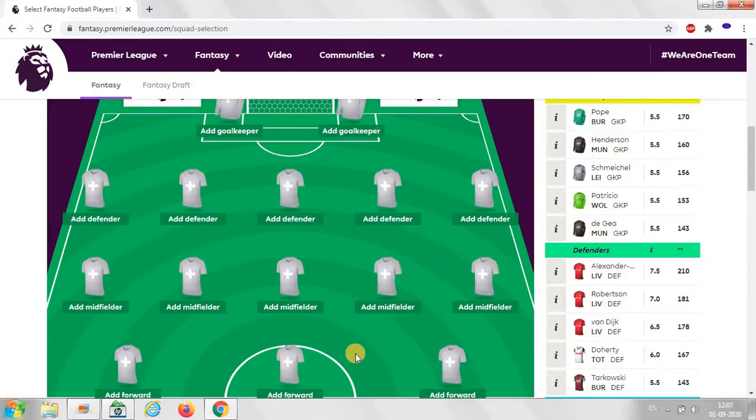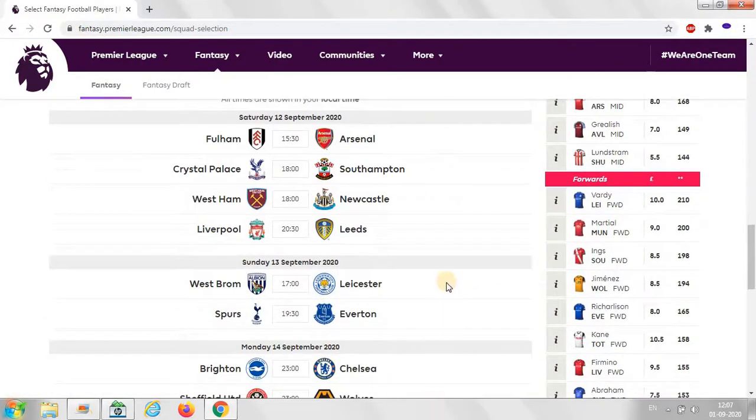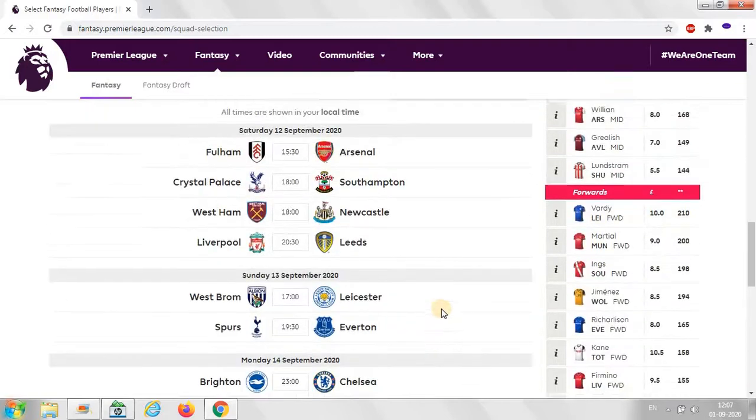You can create that according to the fixture list for this year, 2021.